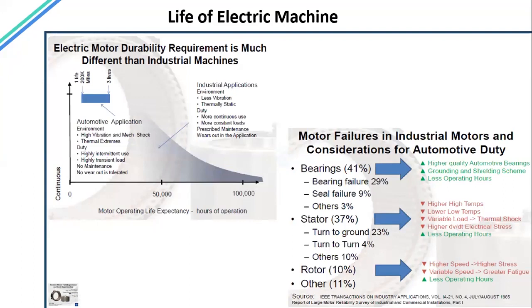Thermal consideration, like how well we cool the machine. And how we arrest different failure modes, like these are the different failures that happen, and those we have to reduce to the best possible numbers. So we have to set these numbers when we start designing this electric machine. So you can see how we can reduce this turn to ground, turn to turn. What are the ways that we can overcome this or eliminate this,